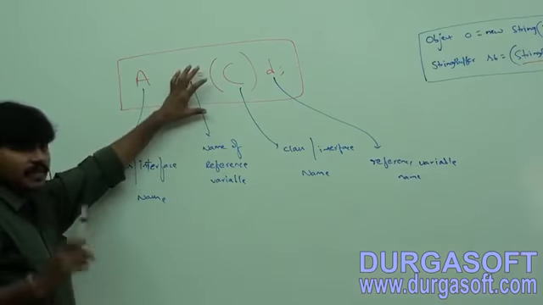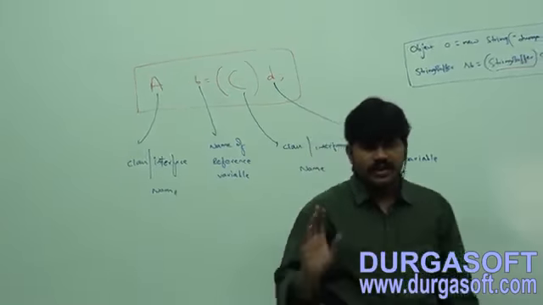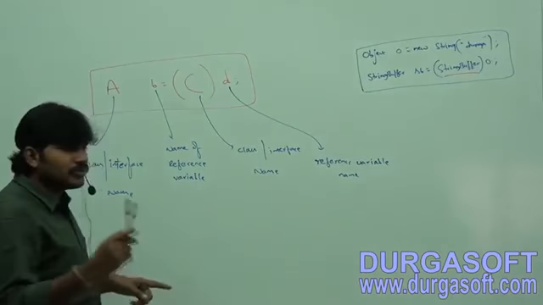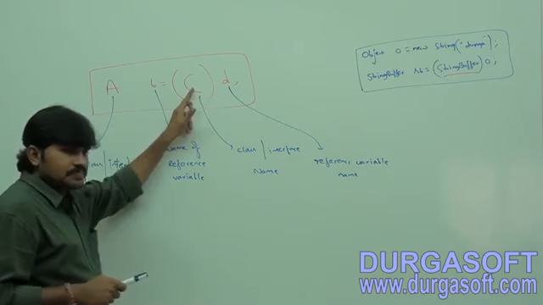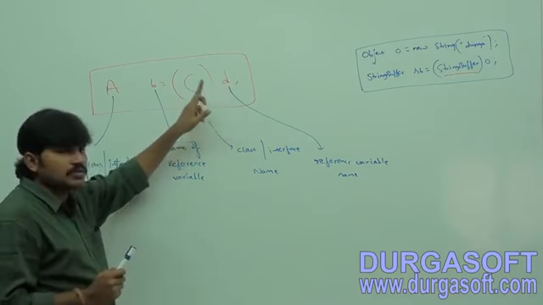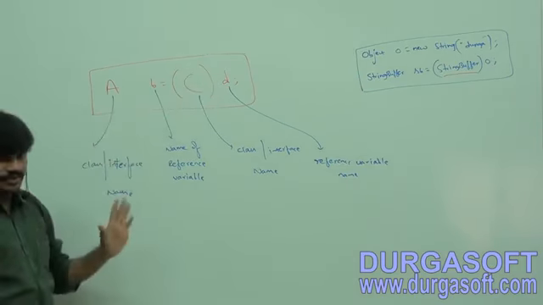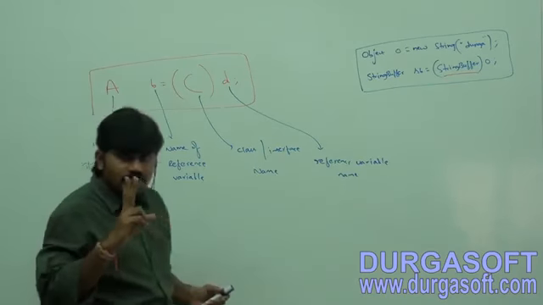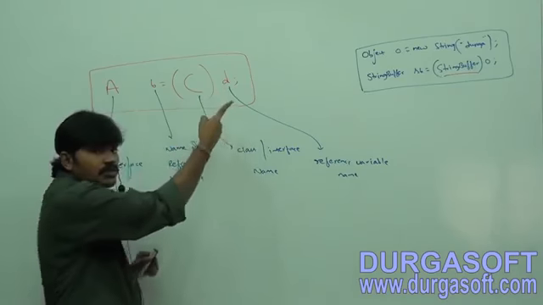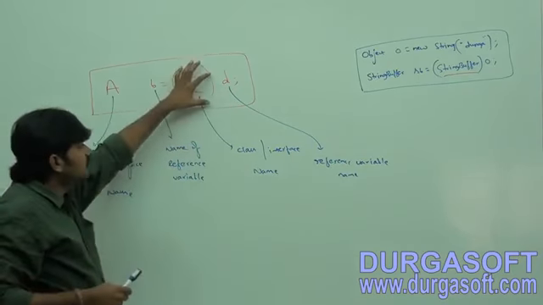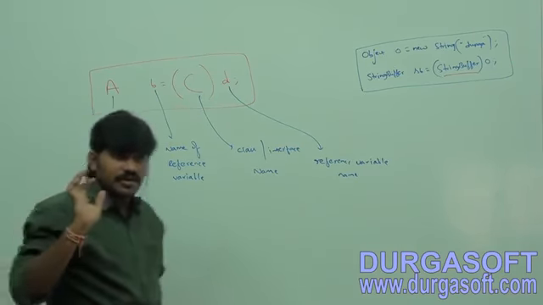Now this is the syntax. Through typecasting, what are we doing? Observe this one. I am trying to convert the D object to C type. Under that C type, we are assigning it to an A type reference variable. Correct or not? Two activities I am doing. What is the first activity? Trying to convert the D object to C type. Then this C type object I am assigning to the A type reference variable. Are you getting that?